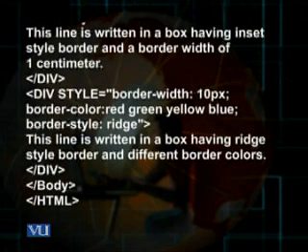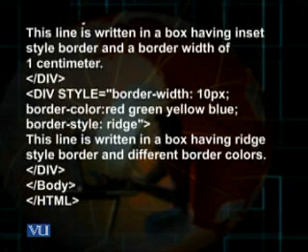Then in the second div tag, again the inline style, now border-width, I allocate 10 pixels as the value. Then the border-color, you can notice that I have given 4 values to this general property, border-color: red, green, yellow and blue.